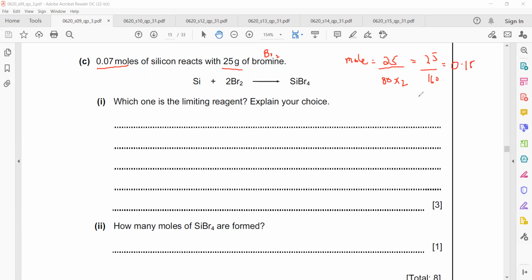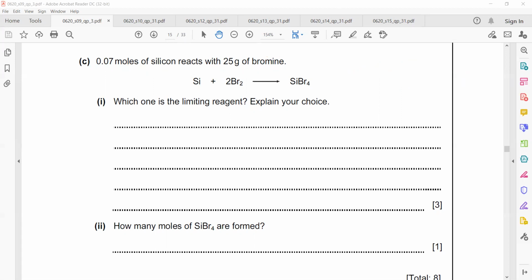Why can't we use the ratio in the formula method? In the formula method, in what sense, Mohsin? Can you use your mic, Mohsin, to clear your question? So like we take the moles of silicon and then we multiply by 2 to get the moles of bromine. Oh, yeah, that can be done.